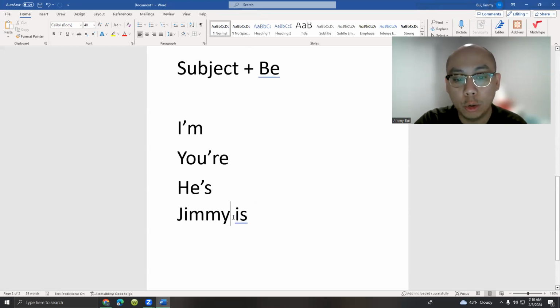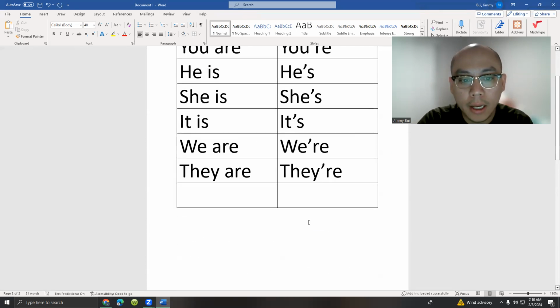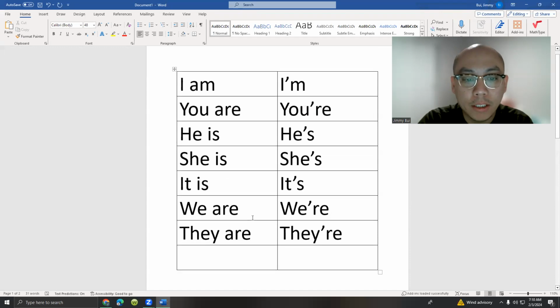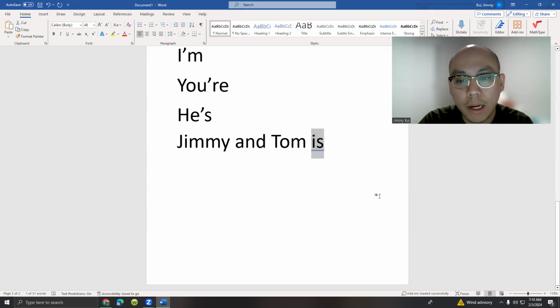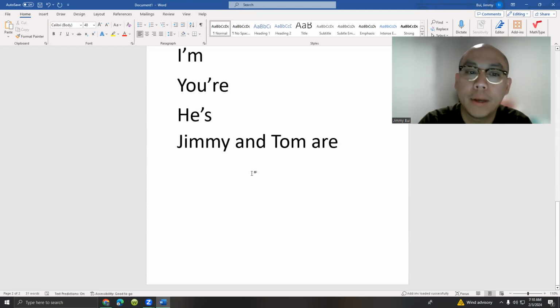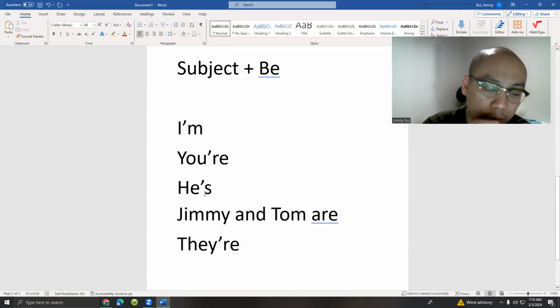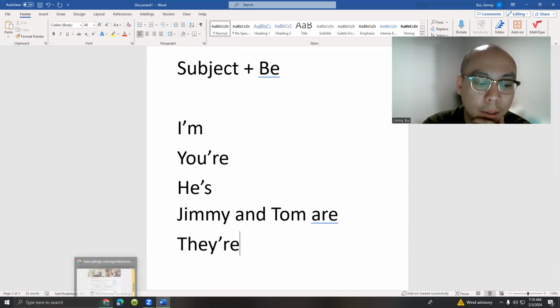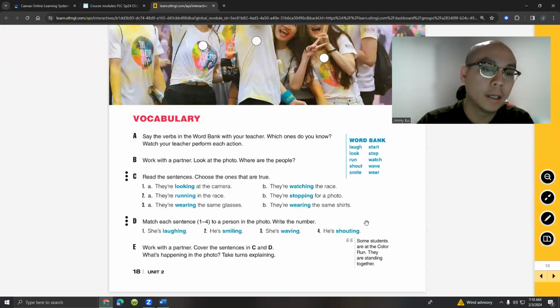If you want to talk about Jimmy and Tom, Jimmy and Tom are now two people. Translating that, or the equal to that for subject pronoun, plural, they. And so Jimmy and Tom is not correct. Jimmy and Tom are. Okay. This is the same as they are, or there. Okay. So yes, again, you may be very familiar with this, but the next part is very important, and this is